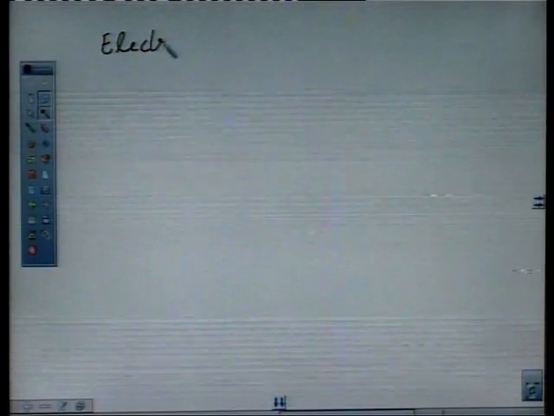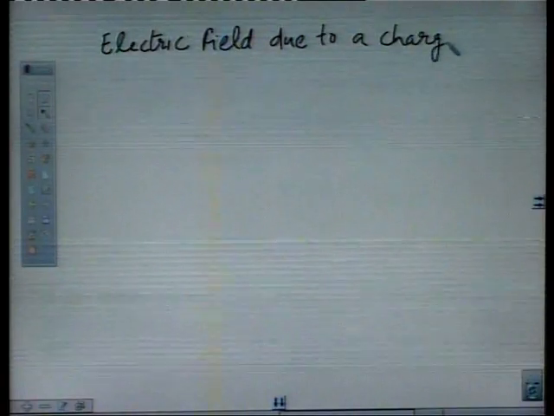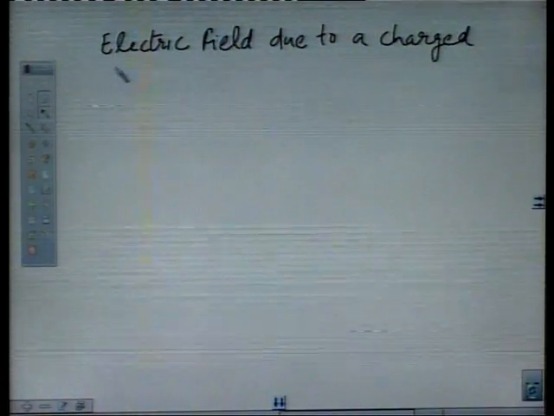Now the next application is to find the electrical field due to a charged spherical